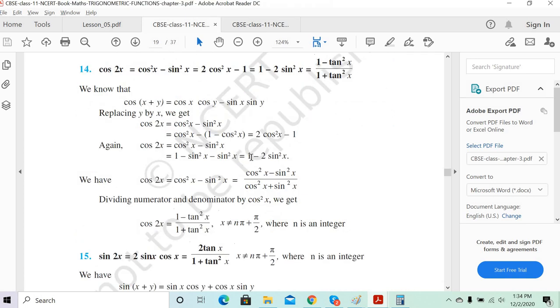Okay, Tanisha, where are you now? Your cos 2x, what is the value you got? I got the values, but I didn't get that step, like cos square x minus sin square x divided by cos square x plus sin square x. Correct. So now divide the numerator by cos square x and divide the denominator also by cos square x. No, I didn't get that part itself, like how they are written as cos square x minus sin square x divided by cos square x.